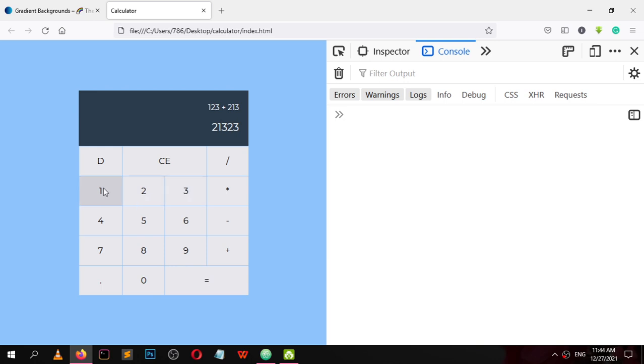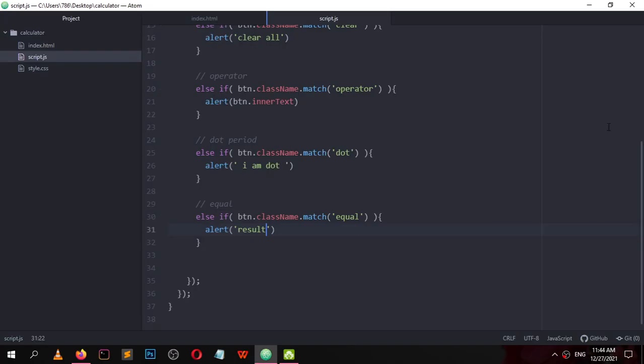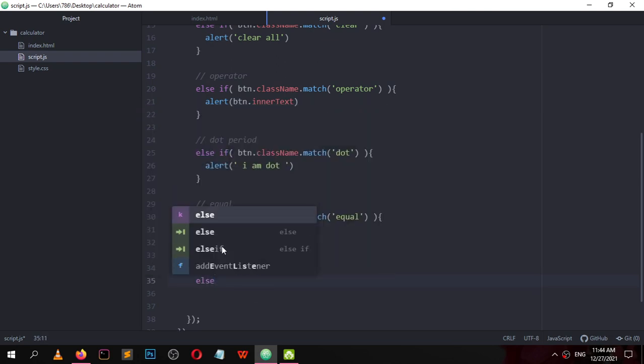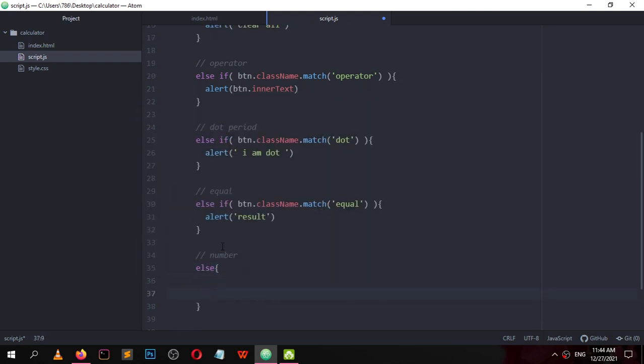Now let's catch this element. So start with numbers. Else, do this.